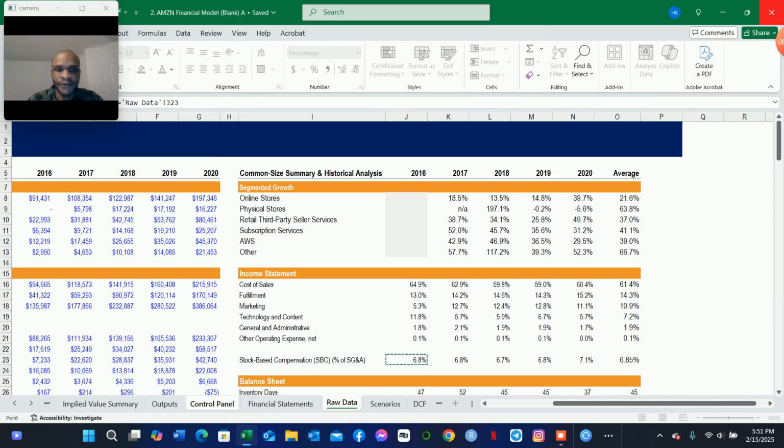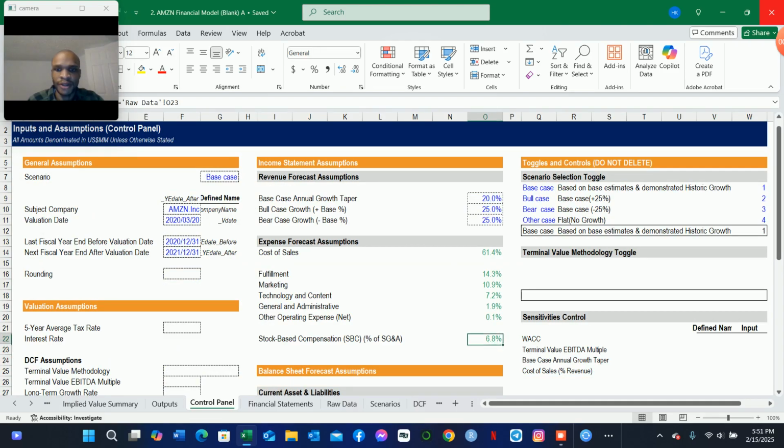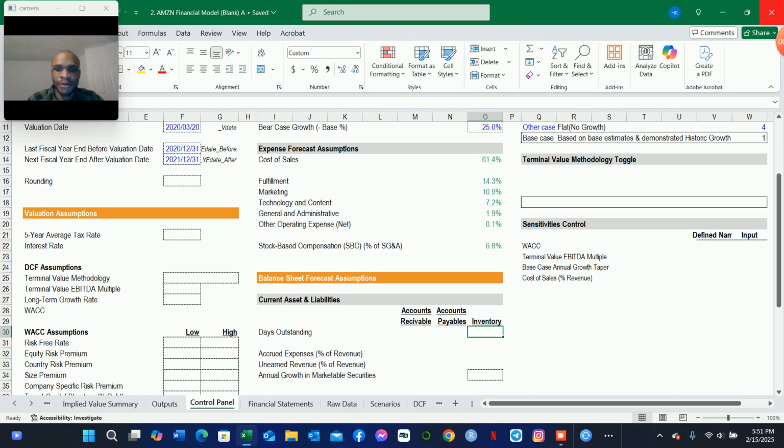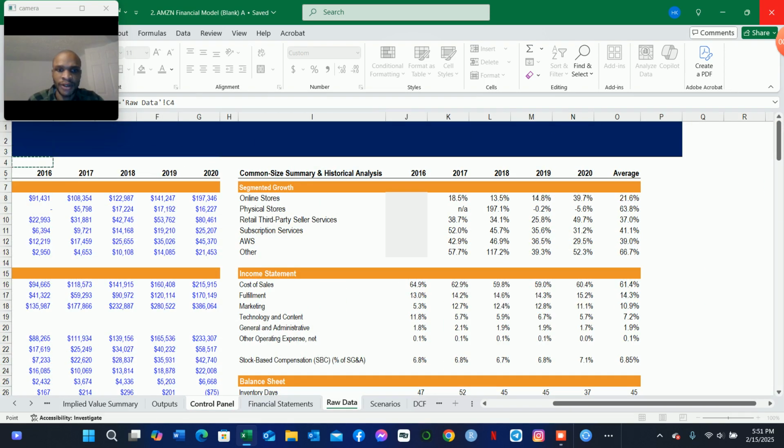So we have the average stock-based compensation of 6.8%. We can also bring in the balance sheet for cost assumptions for days outstanding, for accounts receivable, accounts payable, and inventory. So we go to the raw data tab, and we go